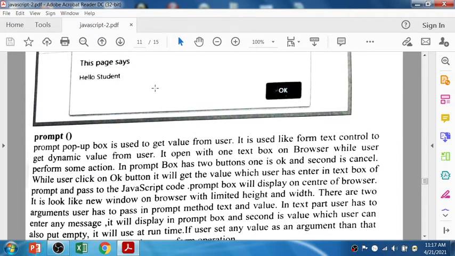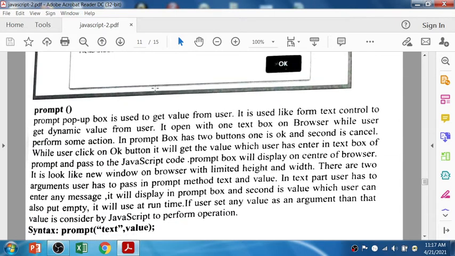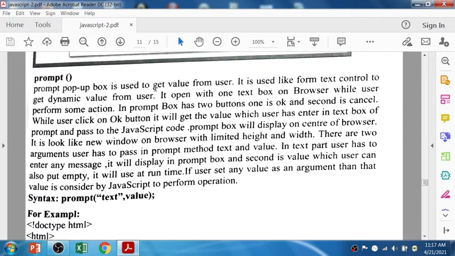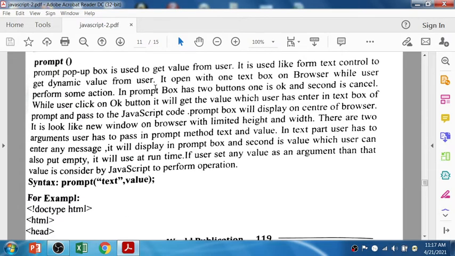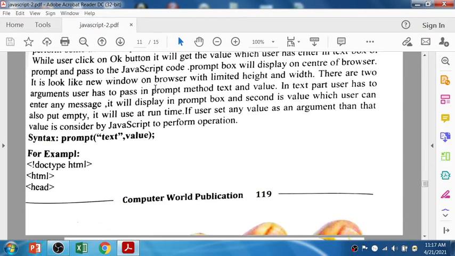The second value, which you want from the user, the user can also leave empty. It will be used at runtime. If the user sets any value as an argument, then that value is considered by JavaScript.